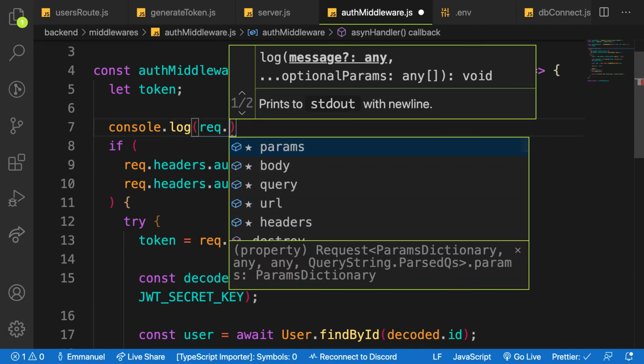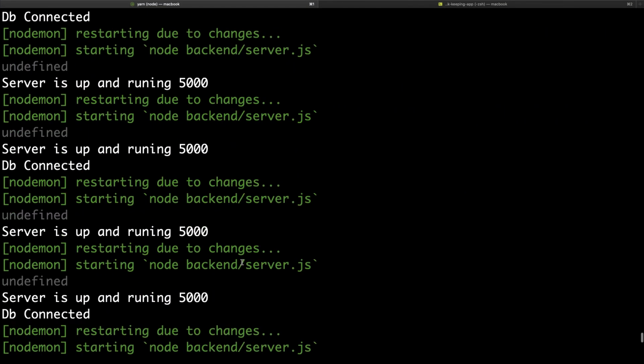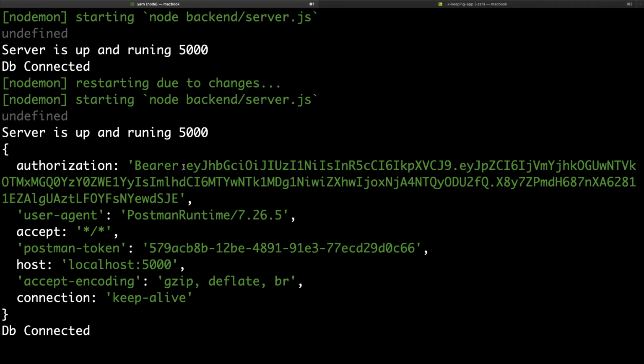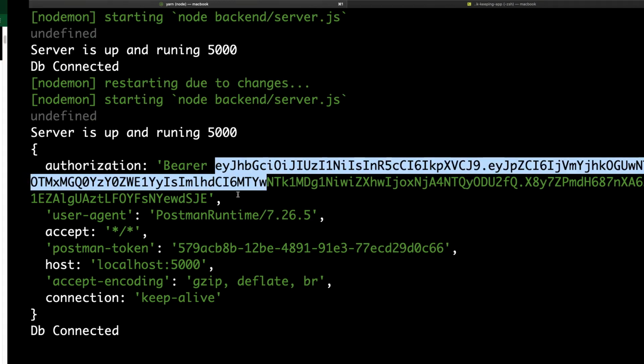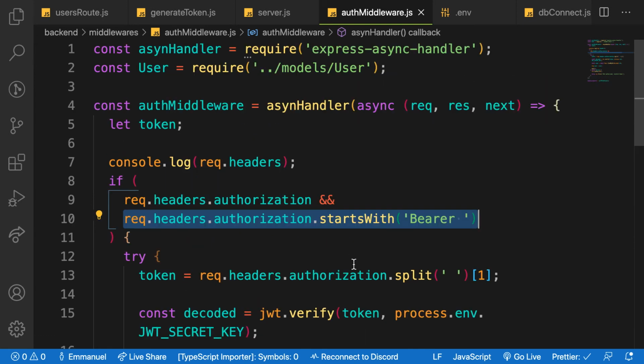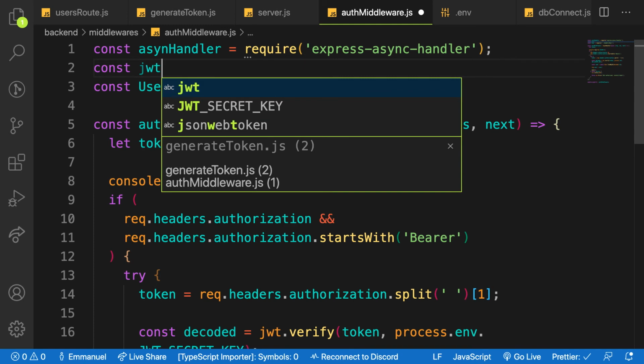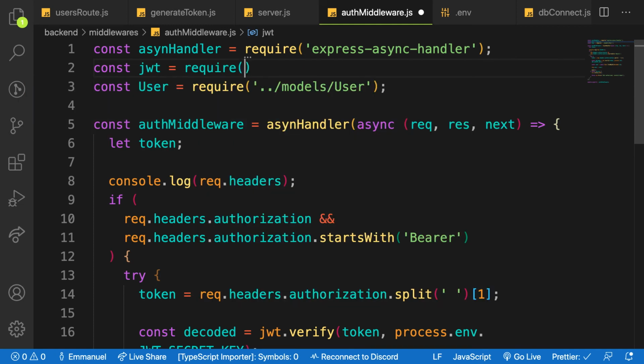That's part of programming. So let me hit it, and then let me go back to my terminal and see. I have it. The token is being received. Then let me say console log starts with bearer. Let me copy this one here. I just want to be sure what I'm getting. Okay, oh guys, sorry on my side. The problem is that I'm not making use of JWT here, so I have to import it. So const JWT equal to require JSON web token,